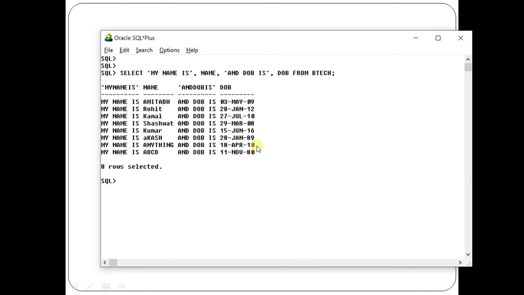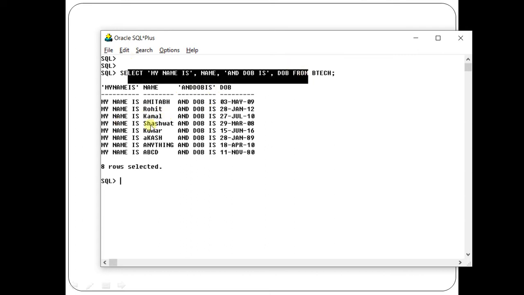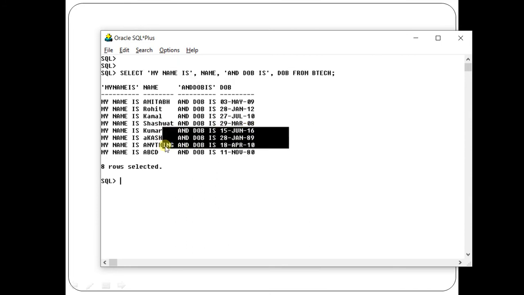So what you can see, it is not so professional or eye-catching. It is because every literal, this is called a literal, is converted into a column. So you can see there are 4 columns. Although your answer has come, my name is, it is not giving a textual look.